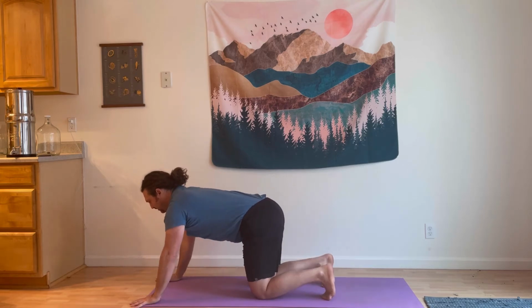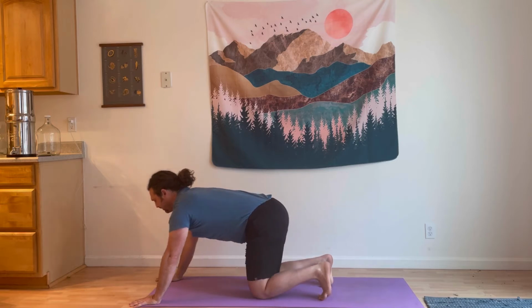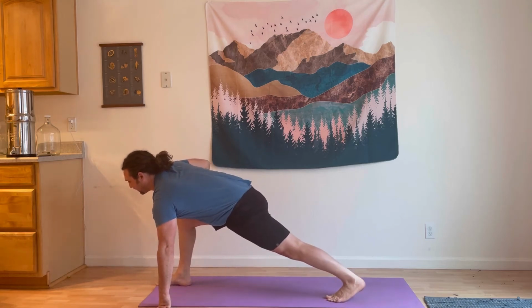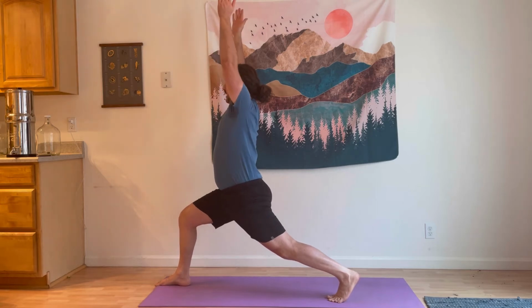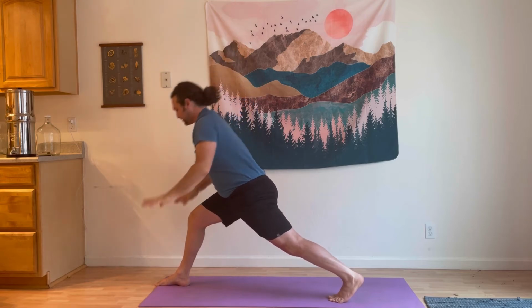And go ahead and tuck under the toes, lift the knees just a little bit, floating cat. Very good, and then bring the right foot up and lengthen the back leg. You can take a high lunge or a full crescent lunge where you come on up and have the arms up or lifted moderately if you have sore shoulders or neck. Switch to plank